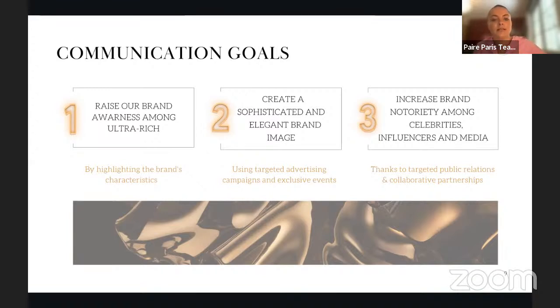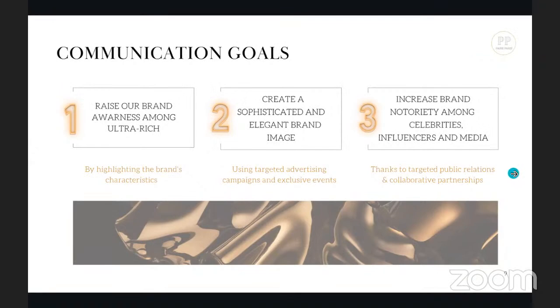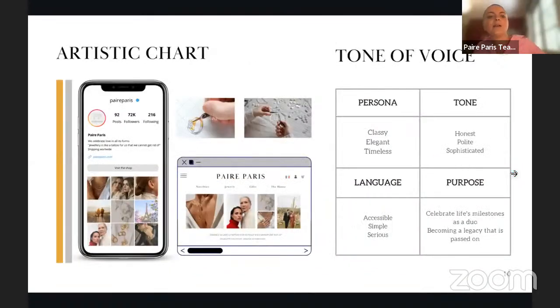And the last one is to increase the notoriety of Barbaric among celebrities, influencers, and media by creating targeted public relations and collaborative partnerships. As you can see here, Barbaric has a clear artistic charter, very classy, elegant, and timeless. Our purpose is to celebrate life milestones as a duo and to become a legacy that is passed on.